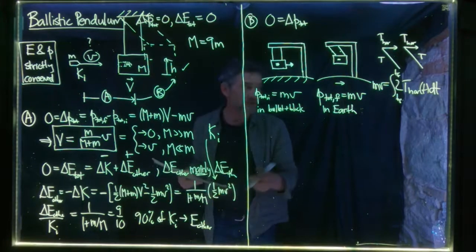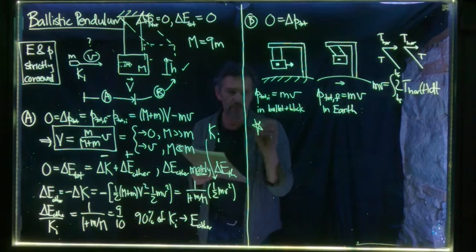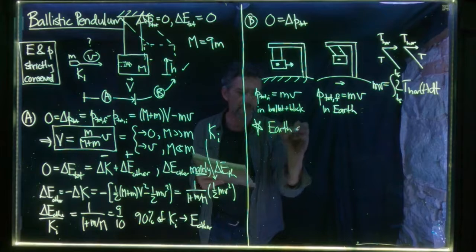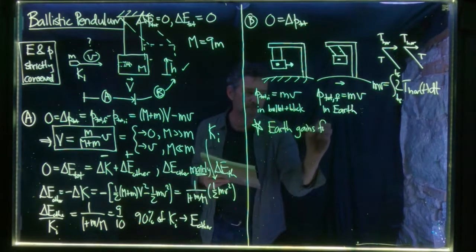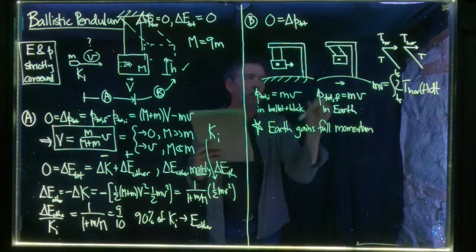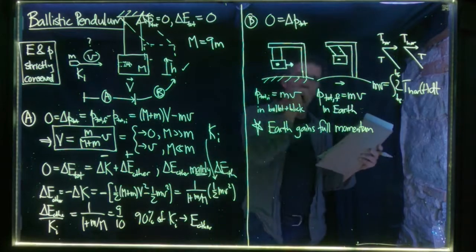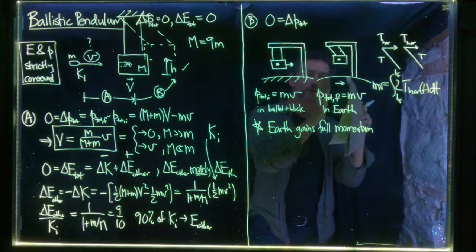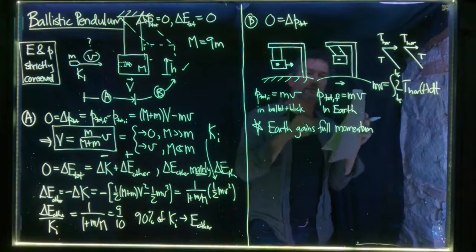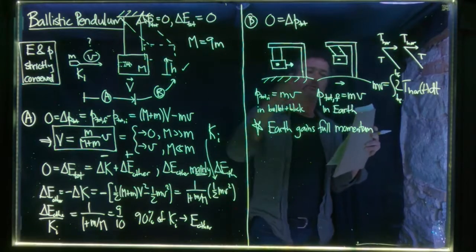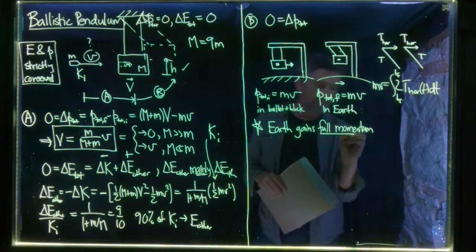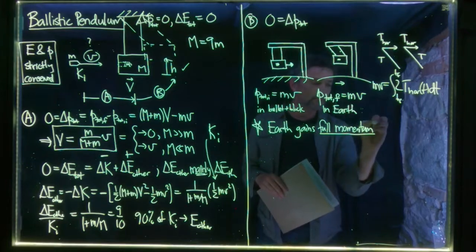Okay, so the point here, this is a super important point, is that the Earth gains full momentum, well, almost the full momentum, because remember that if the Earth is moving super slowly after this thing swings up, well, then that thing is also moving super slowly. So there's a tiny bit of momentum still in that thing, but the vast majority of the original momentum in the bullet is in the Earth. Okay, so the Earth gains the full momentum, and that's one key point. The second key point is but